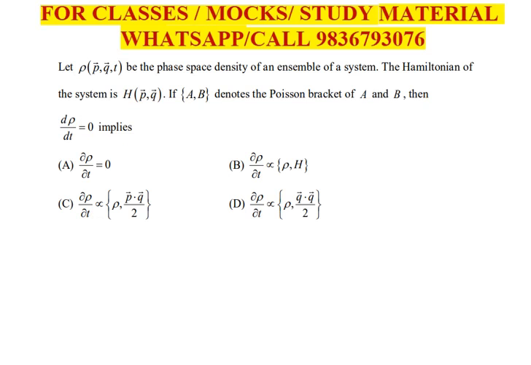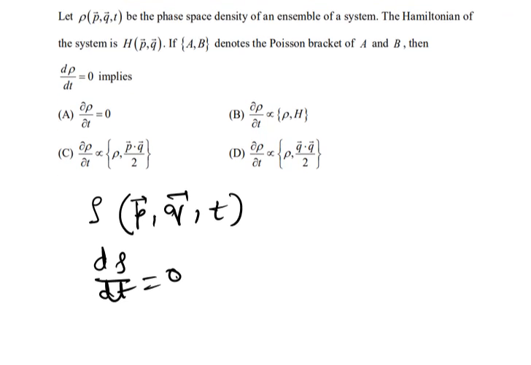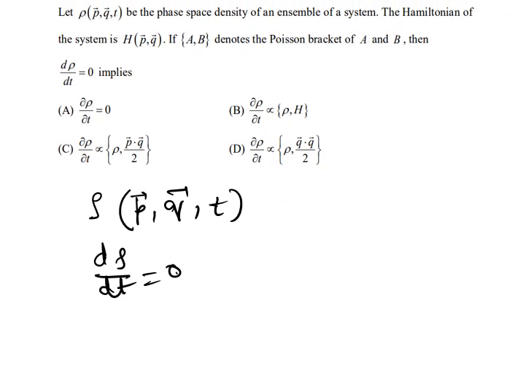So we are given a phase space density rho, which is a function of p, q and t, and it asks what condition follows from the statement when ∂rho/∂t equal to 0. This condition comes from Liouville's theorem. Liouville's theorem in classical mechanics states that the total derivative of the phase space density along the trajectory is 0. So using the Liouville's theorem,